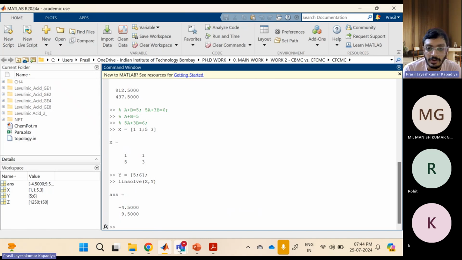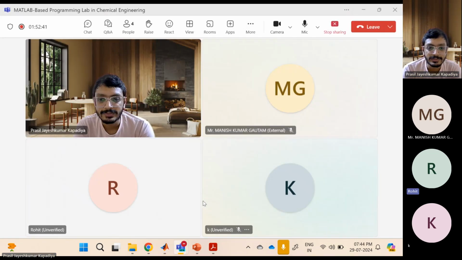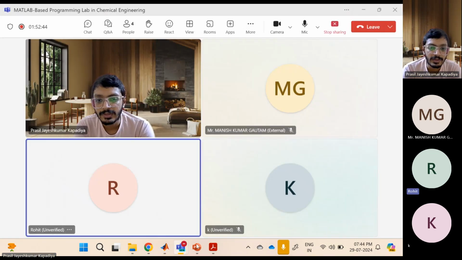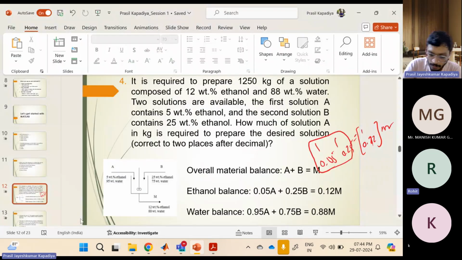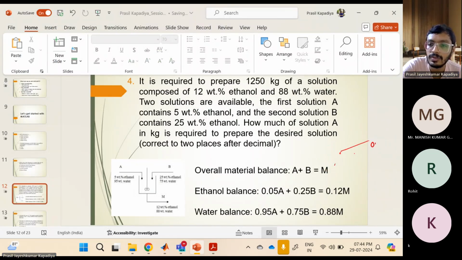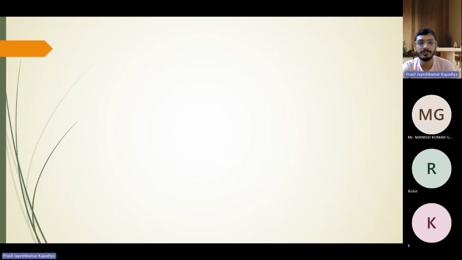Guys, are you understanding it or not? Okay, let's move ahead. Anyway, we are going to learn this in detail in upcoming classes. Okay, so moving ahead,